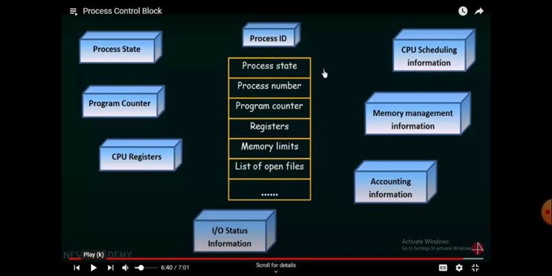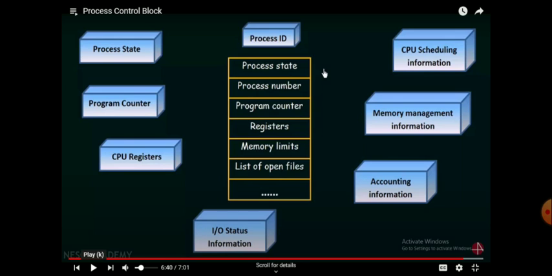The third one is program counter. The program counter holds the address of the next instruction line. Here the program under execution, you can call it a process, right? A program is nothing but a set of instructions. Each and every line is going to be executed by the CPU.